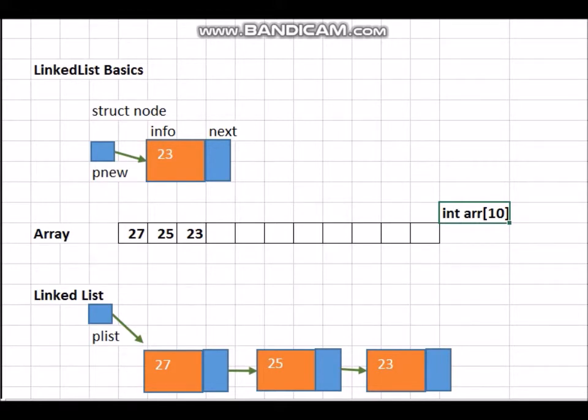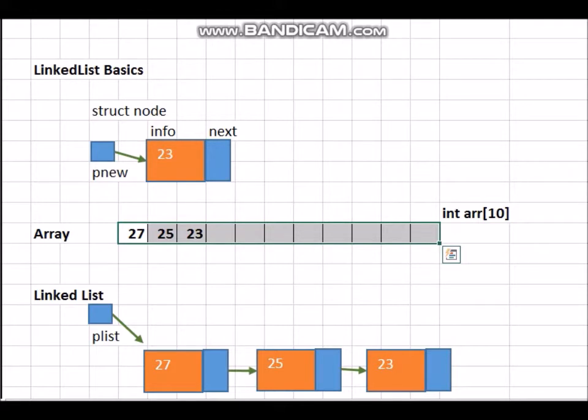But the thing is, in case we need more than 10 numbers, we will need to do something more, because we need to declare before we start using in the C programming language. So if we need 20, we need to declare it in the beginning as 20. We can't decide at runtime, oh, I want my array to be longer. So one challenge about an array is that it is fixed in length and is not dynamic in nature.